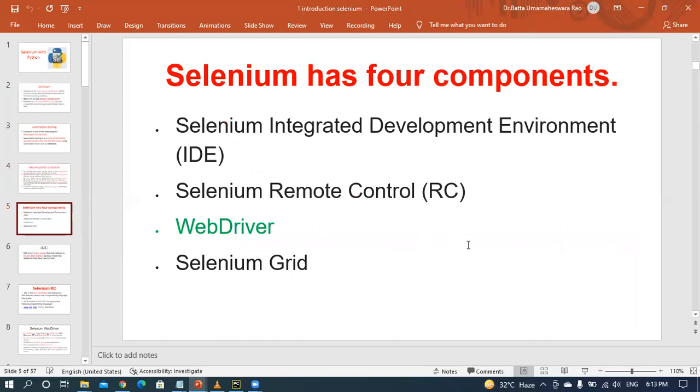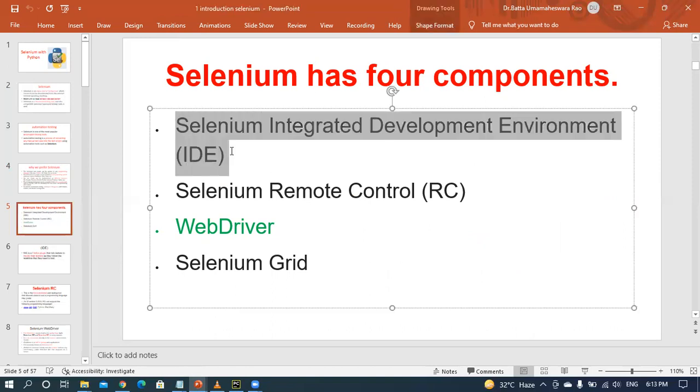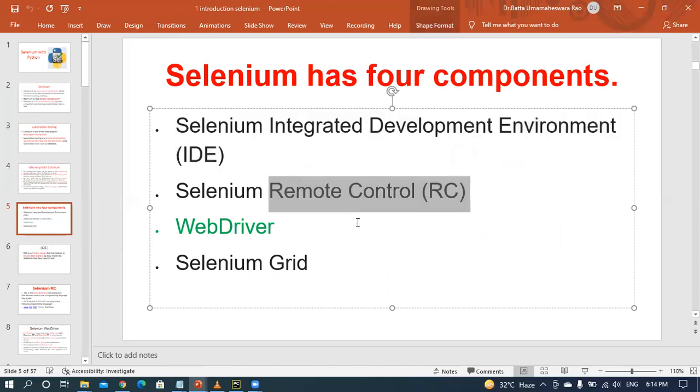And then Selenium has 4 different components. What are the 4 different components of Selenium? At the starting stage, Selenium used the IDE, that means Selenium Integrated Development Environment. After that they introduced the Remote Control. Now you are using the WebDriver.